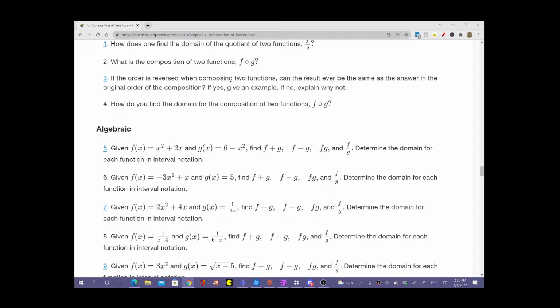I'm just literally going to find f plus g, f minus g, f g, and f over g. So this is mostly operations with functions as well as composition of functions. So number 5 says, given that f of x equals x squared plus 2x,